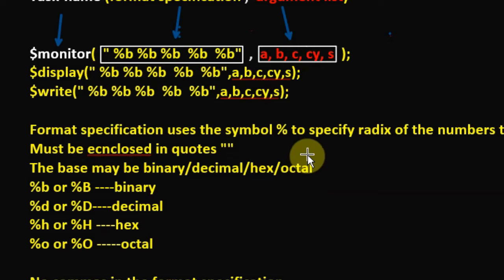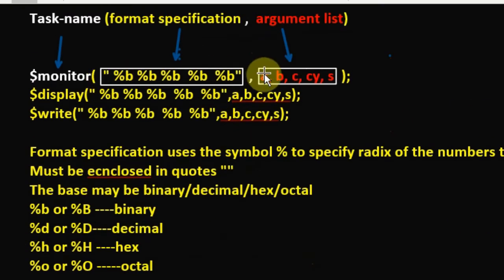So depending upon in what particular format you wish to display the values, we use either of these symbols. The format specification has to be always enclosed within the quotes. This is the first thing which you have to remember. Then after percentage, you can use either of these symbols depending upon in which format you wish to display your values. Then within the format specification, we don't have to use any commas. Then the format specification and the argument list have to be separated by a comma. And lastly, in the argument list, all the variable names must be separated with commas. So these are the few rules which you have to remember whenever you make use of the formatted output.